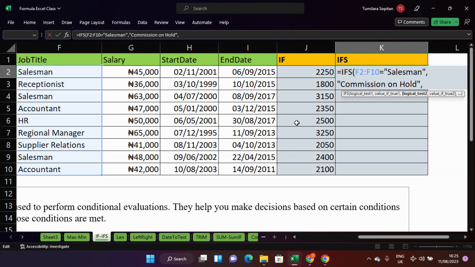That is the first logical value we want to use. We now say, okay, still in the same, our job title, F2 to F10. If the job title is HR, our HR,